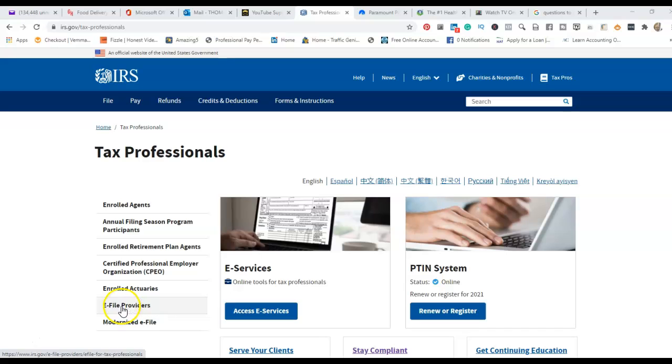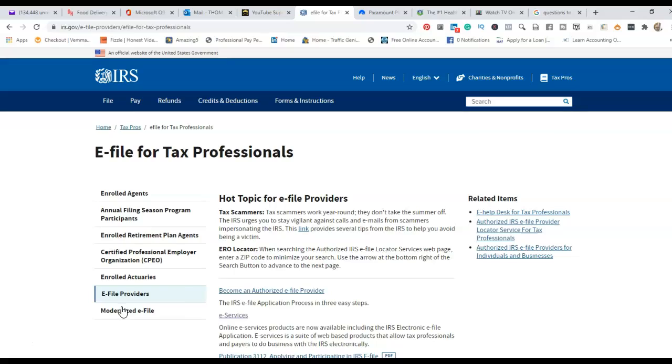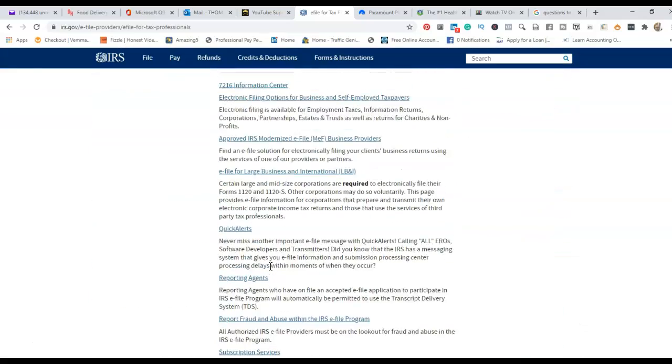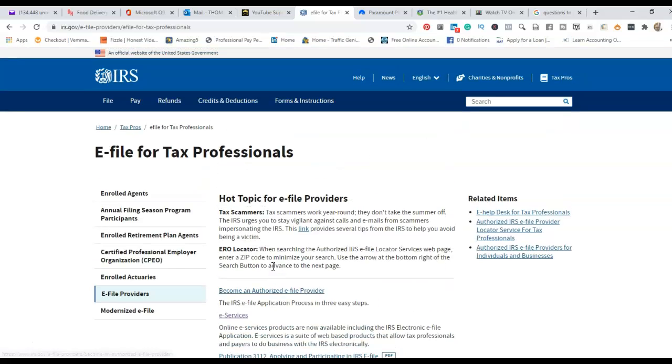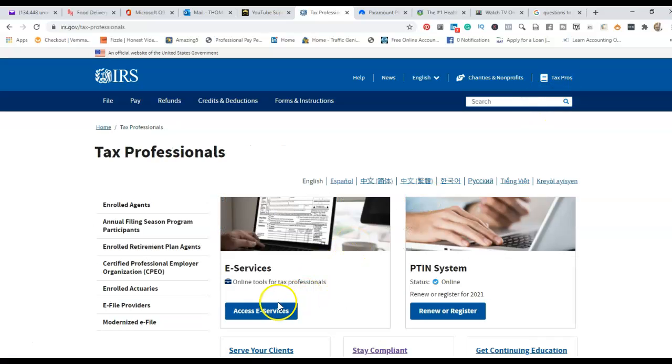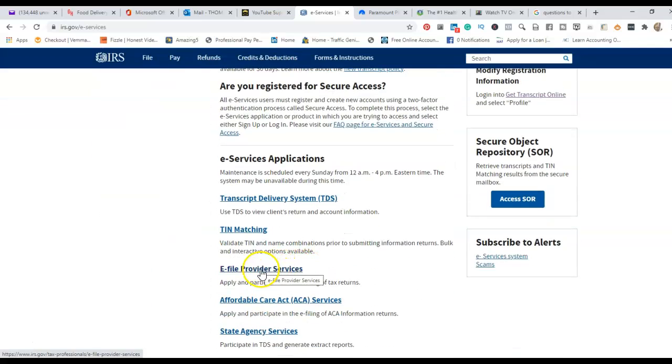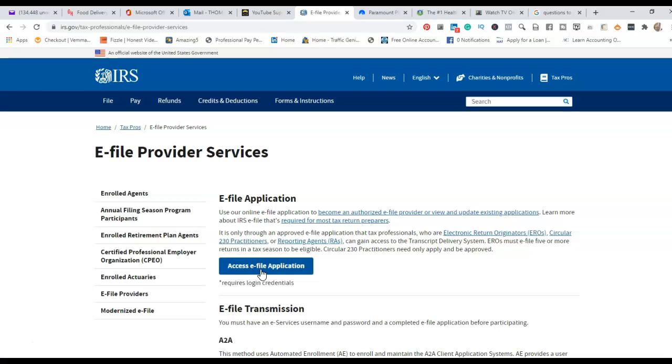We click on this here, and it takes us to another page. And right here, it gives some information on the e-file provider's application. But in order to access the application itself, you would have to know where to go. And so we would go back to Tax Pros. We would click on Access e-Services. We will scroll down to e-file provider services. Click on that. Then we click on Access e-file provider's application,